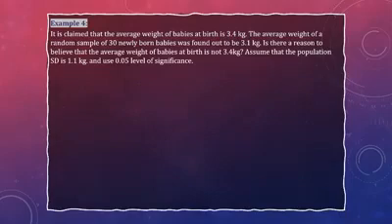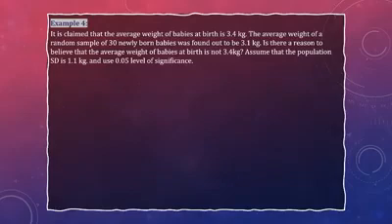So let's have this example. It is claimed that the average weight of babies at birth is 3.4 kilograms. The average weight of a random sample of 30 newly born babies was found out to be 3.1 kilograms. Is there a reason to believe that the average weight of babies at birth is not 3.4 kilograms? So now we're going to assume that the population standard deviation is 1.1 kilograms and we're going to use the